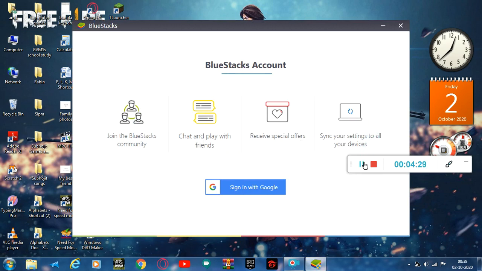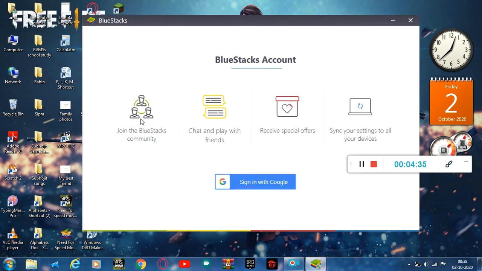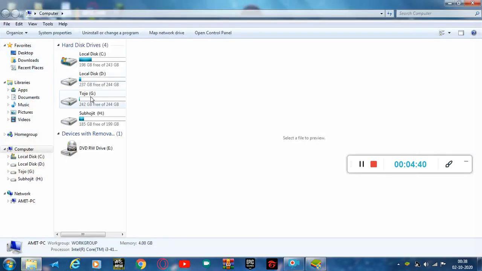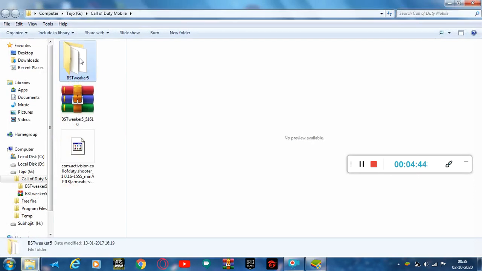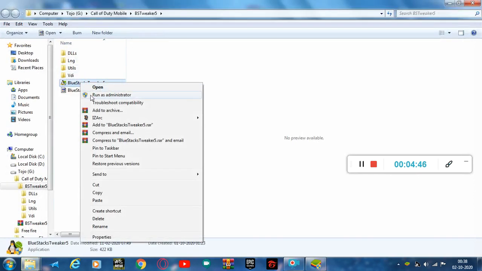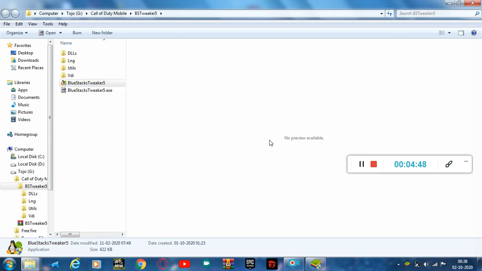You do not have to create a BlueStacks account, you only have to sign in with your Google account using the BST Tweaker. So how to do it, let me show you. Click on this, run as administrator.